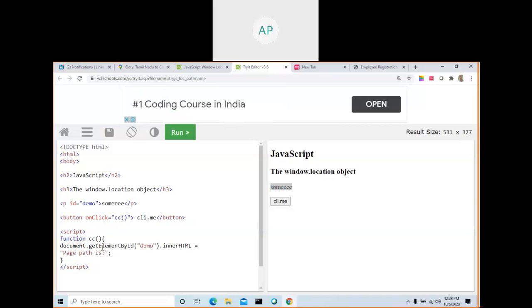Document dot getElementById demo. See which one has the ID here: this one has ID demo. Then innerHTML, this one is the innerHTML content value. Then change it to this one.